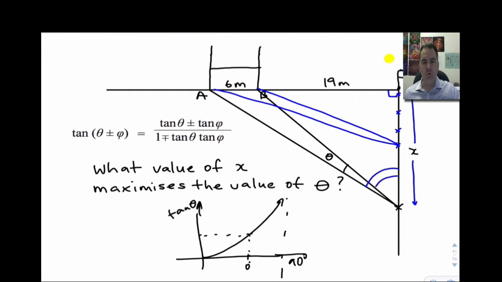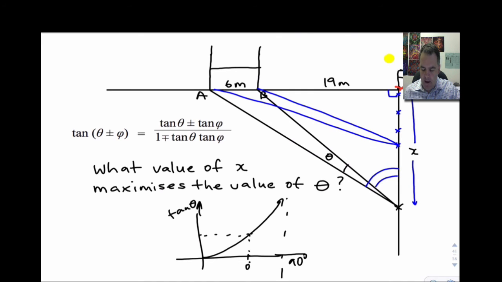Okay, this is the challenge question for this video. Bit of an application of trigonometric derivatives. Here we've got a rugby field. We've got the posts that are 6 metres apart. The right-hand post here is 19 metres from the corner flag. This is a kind of a calculus applications question. And now what I want to do is, if a try is scored right here in the corner, I want